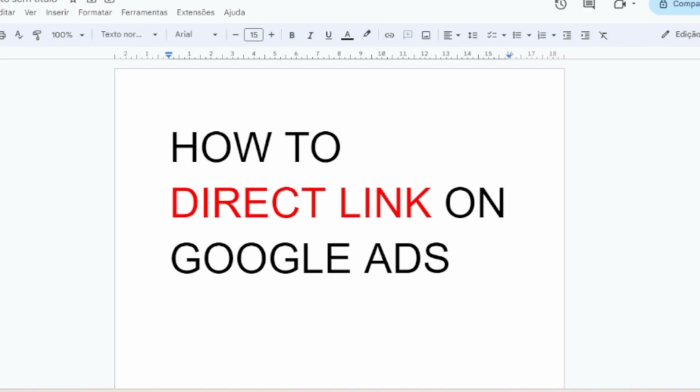Everybody that works with Google realized their policies. So it's been really hard to direct link on Google Ads, but we still can promote offers, affiliate offers via direct linking. We just have to do one thing that I'm going to show you, so pay close attention to